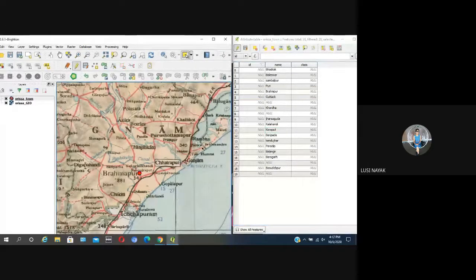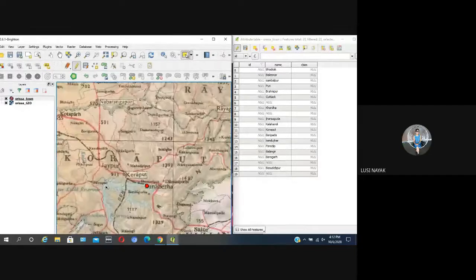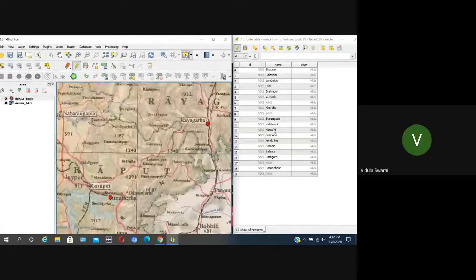I hope the audio steps are okay for everybody. How to create a vector layer. In the create layer option, is there anything new shapefile layer? Create a new shapefile layer. Isn't it? New shapefile layer. Yes. So in create layer option, go to new shapefile layer.